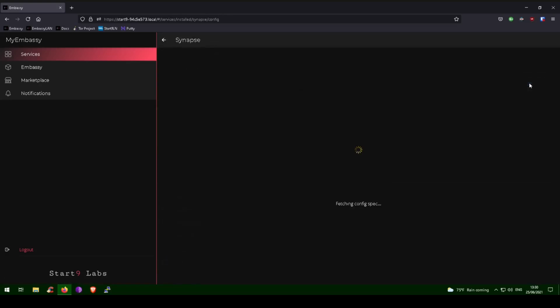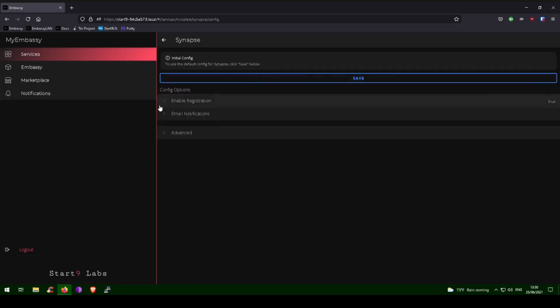Enable registration allows anyone with your Synapse Tor address to create an account on your Embassy. This must be enabled for you to register your own personal account, and you might want to allow family members or close friends to create accounts. But after those registrations are complete, we highly advise that you disable registrations. If you do not, anybody will be able to create an account, or thousands of accounts, on your Embassy, which